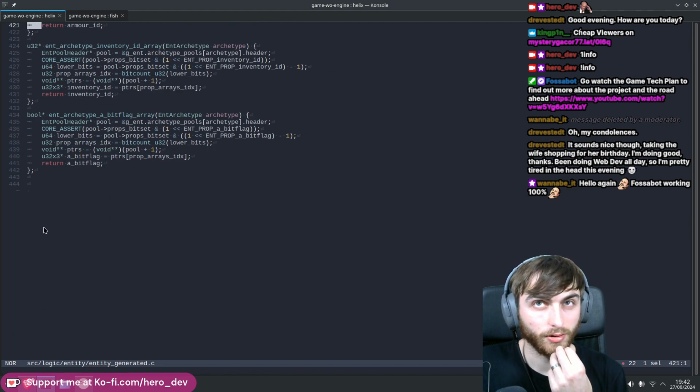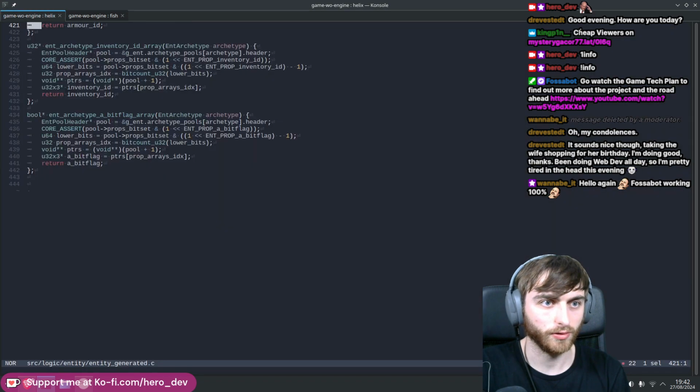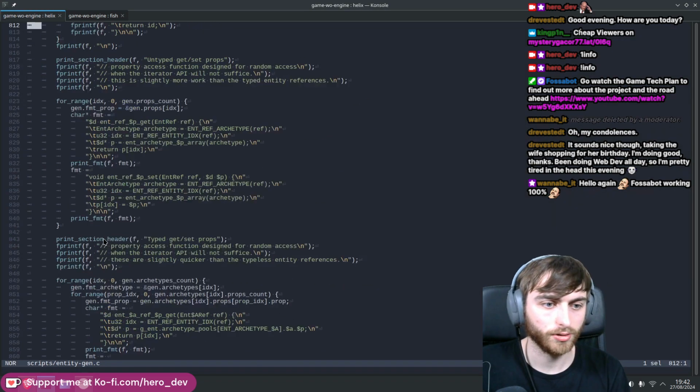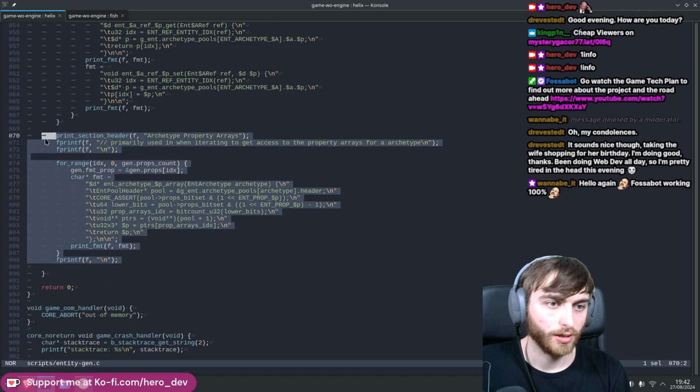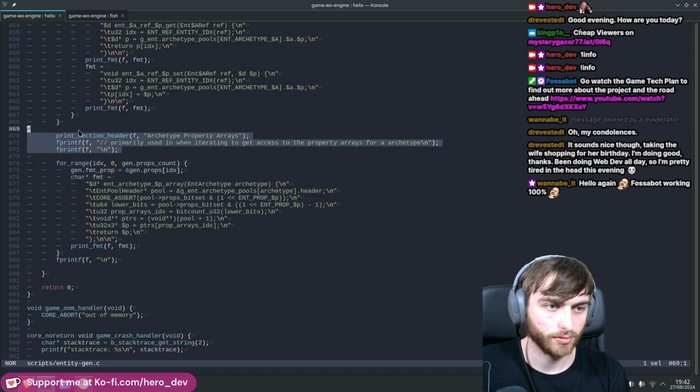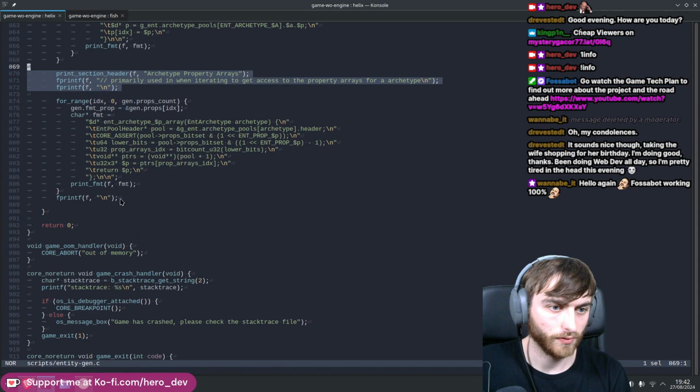Okay, so I guess I'll do a new section. I could just do the bottom. So let's get down here. Let's do another section header. I'm going to go for every archetype. So these are going to be known as the